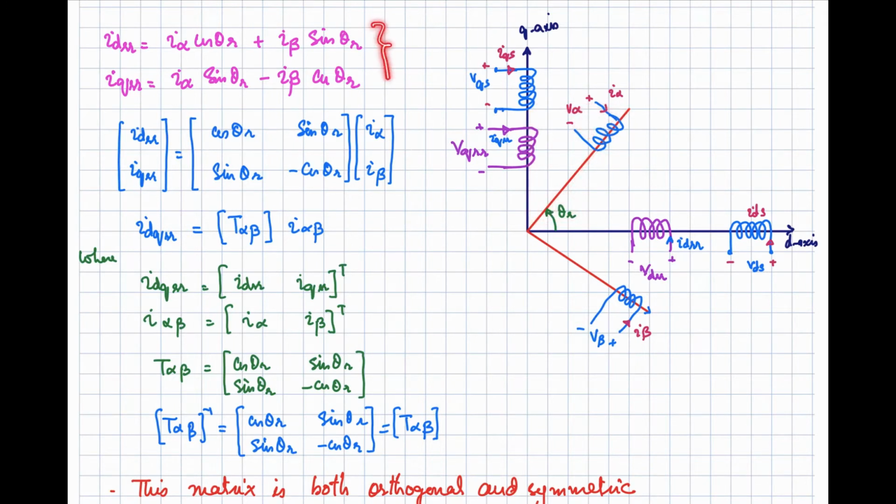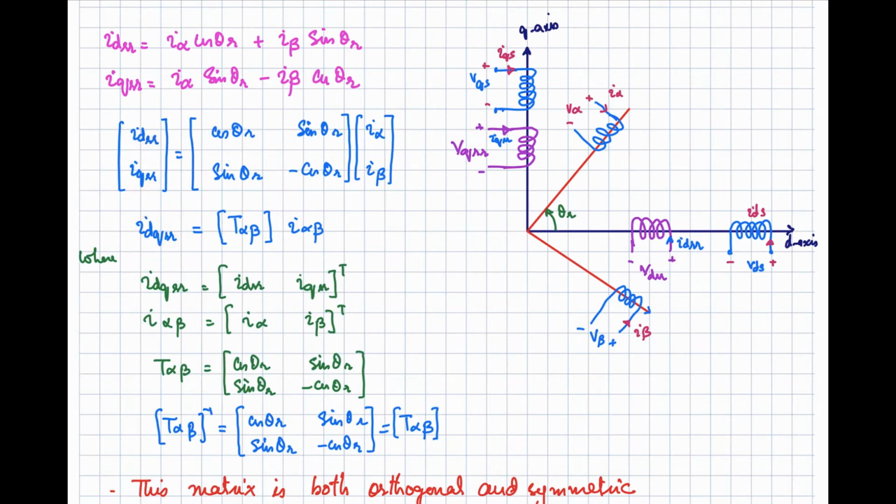So we have calculated IDRR and IQRR in these fixed windings. These are the fictitious fixed windings over the d axis and the q axis, representing the effect of the alpha axis and beta axis current variation. And now this set of equations can be written in matrix form like this. So we can translate from alpha beta to IDQRR, the d axis and q axis fictitious winding currents, the windings which are assumed static at the d and q axis of the stator.